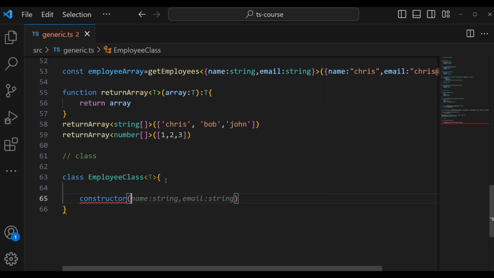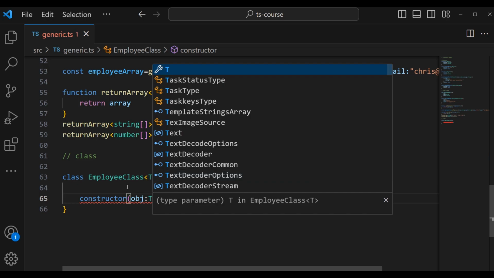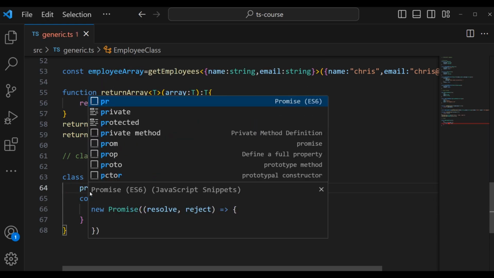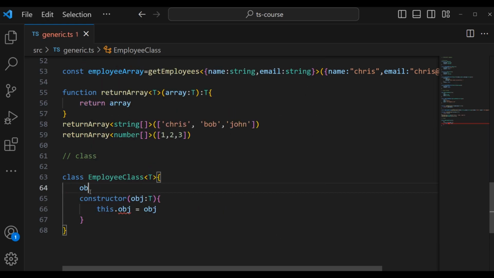Then the value here is going to be a generic type. Then we're going to initialize it. Let's say it's going to be an object, say public